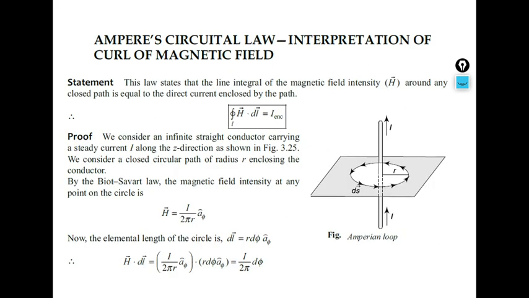Now, if I see this current carrying conductor, the current is towards my eye, so the flux is produced in the anti-clockwise direction. So what does Ampere's law state? Ampere's law states that the line integral of the magnetic field intensity H around any closed path is equal to the direct current enclosed by that path. Why am I taking direct current? We'll see that in a time varying field we have to modify Ampere's law. That is a different case, we'll see it later.